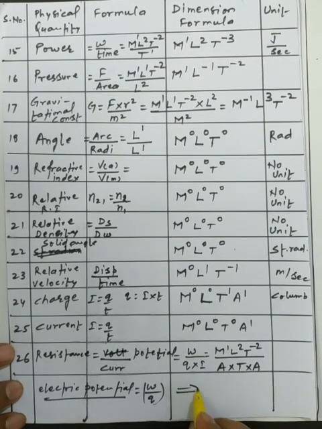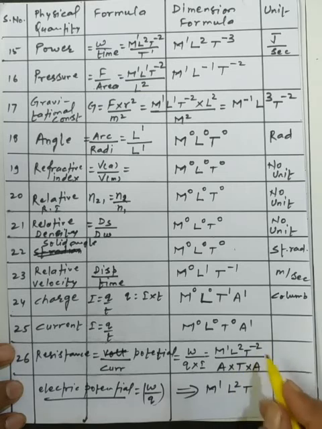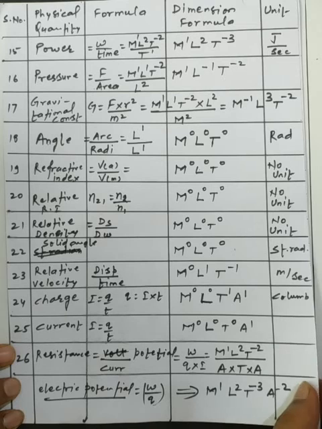So finally, we give the dimension formula of the resistance, that is M¹ L², as we are taking the t from the above part. So the same basic nature, that means the t power will be added, and A⁻², as we are taking the A from the above. So some physical quantities have four dimensions, so need not be worried about it, because they have their own identity. So we have the dimension formula, that is M¹ L² T⁻³ A⁻². Okay,